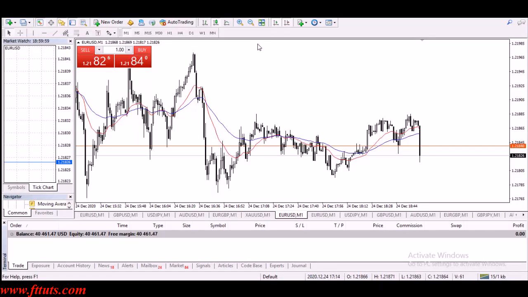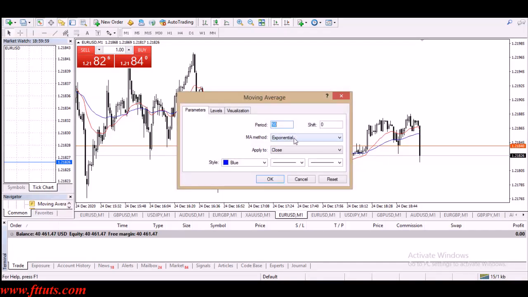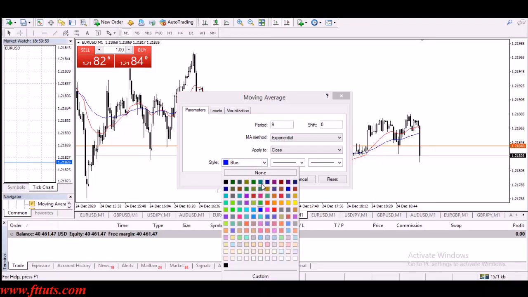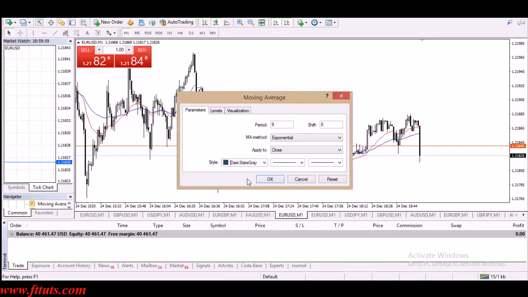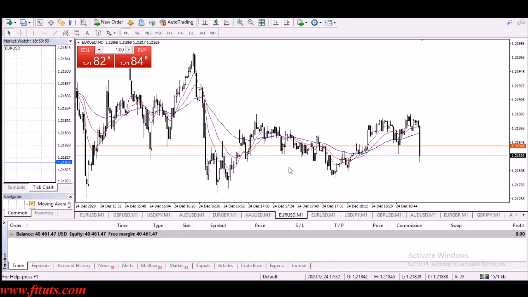Also, we will be using EMA 9, and I use the purple one for EMA 9. You can choose any color. Mainly I will be choosing this one for EMA 9, and also I will be